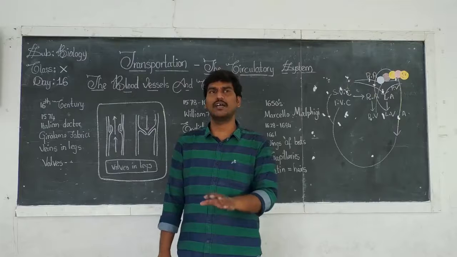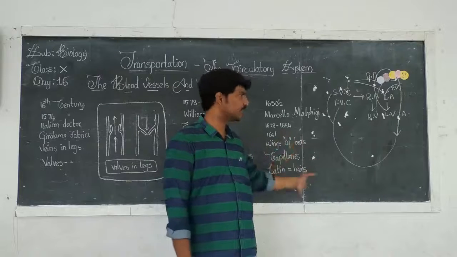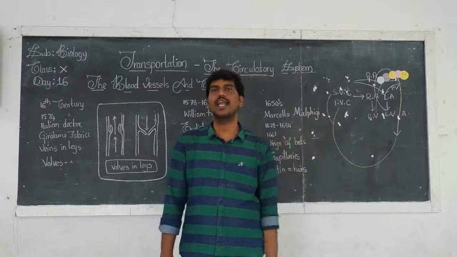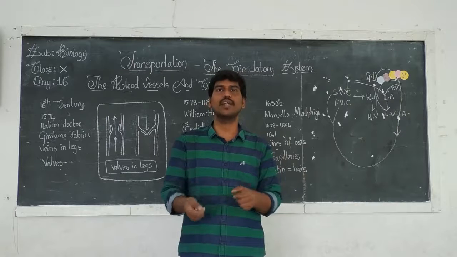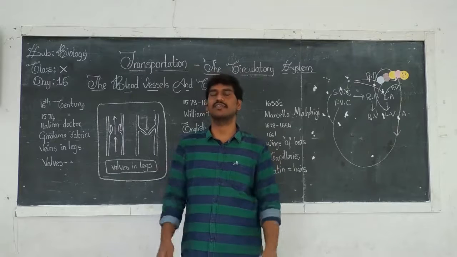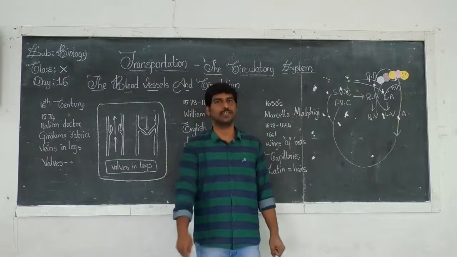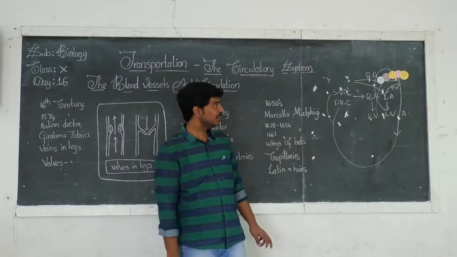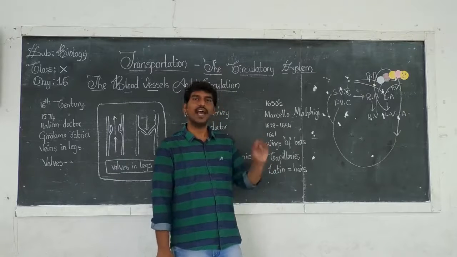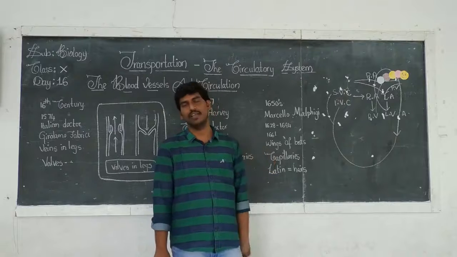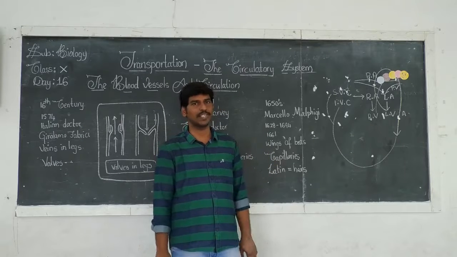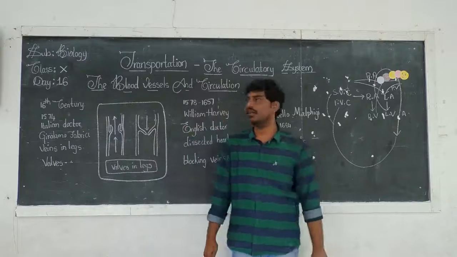William Harvey was saying that yes, the same blood is circulated again and again, but he couldn't prove where the arteries and veins are joined in our body. If the same blood is to be passed, then definitely somewhere arteries and veins should be combined. But he couldn't prove where they are present. Later on,